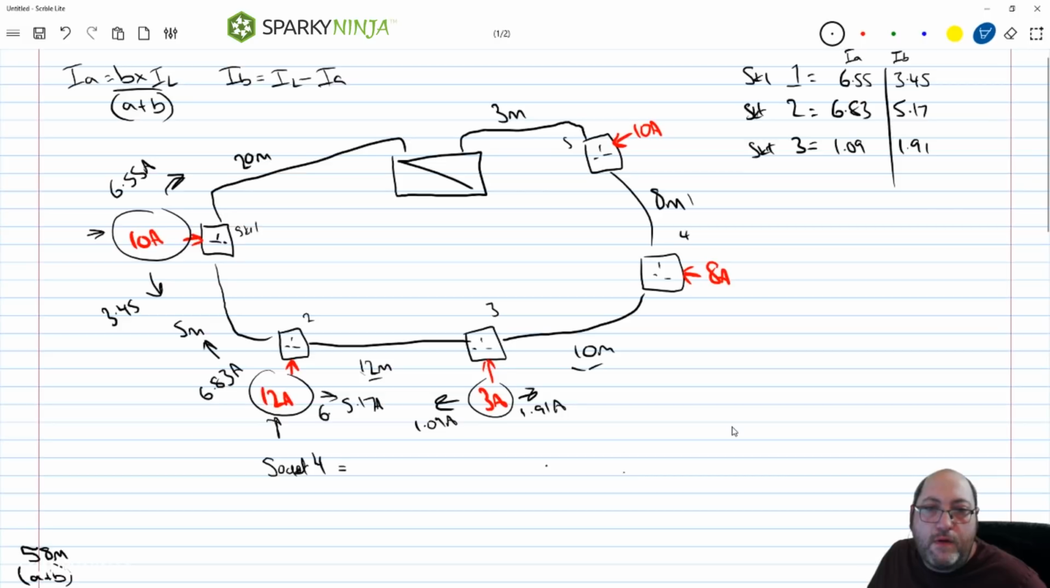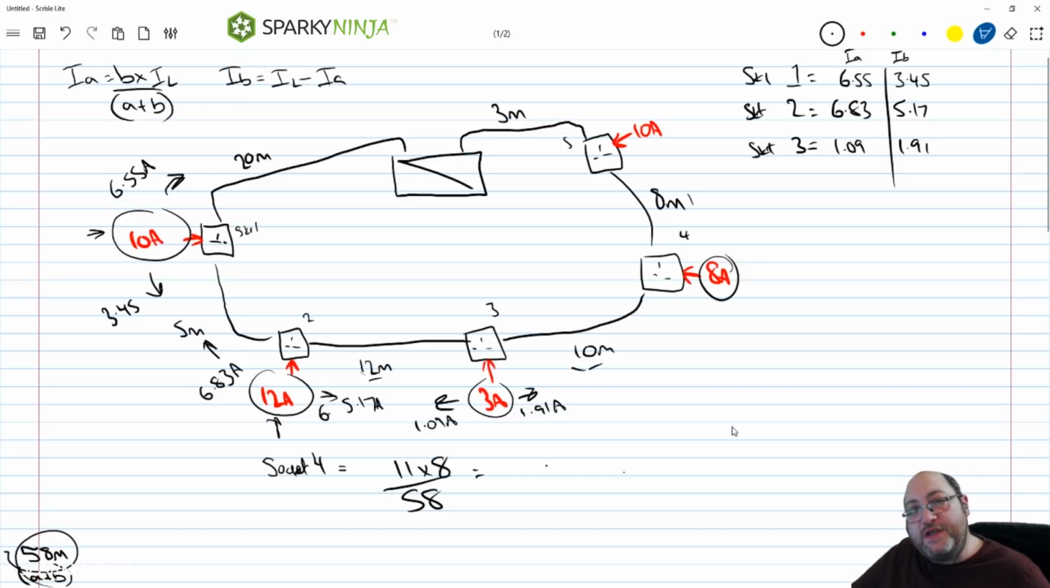Socket 4. Socket 4 is 8 amp. So we have 11 meters, so B is 11 times 8 over 58, because 58 is, remember, the overall length. Which is going to be 88 over 58, which is